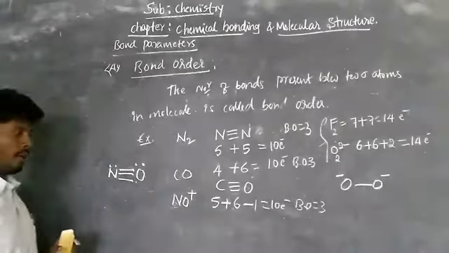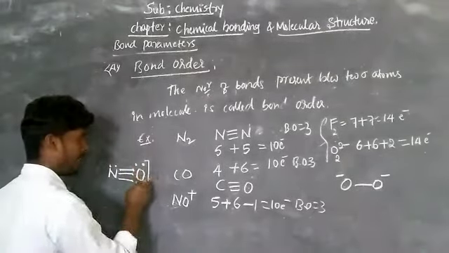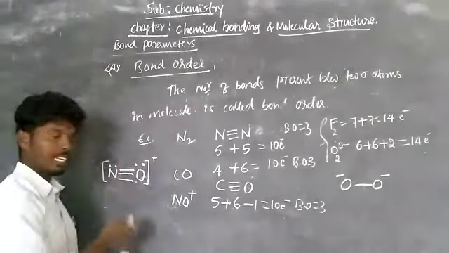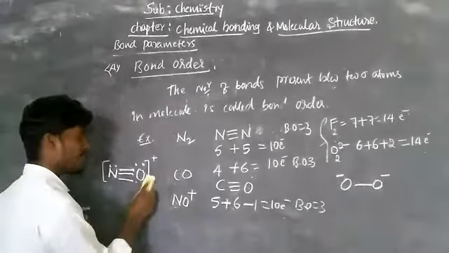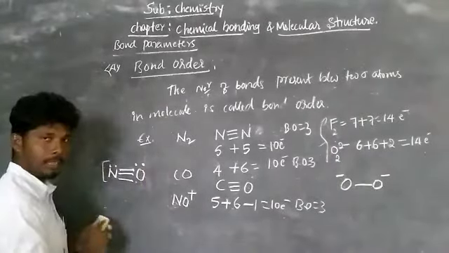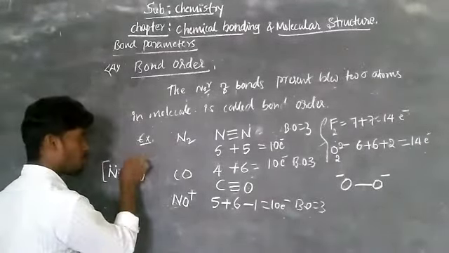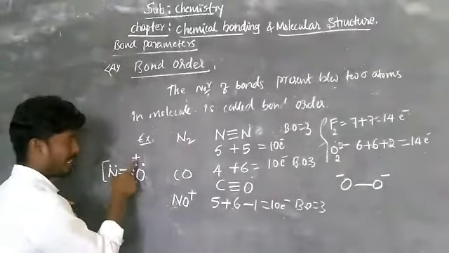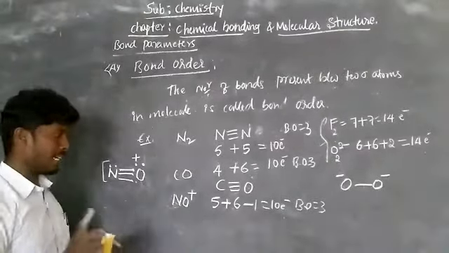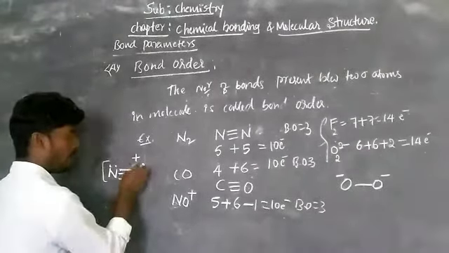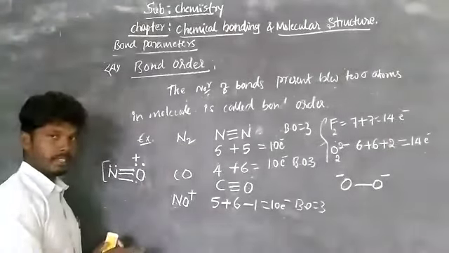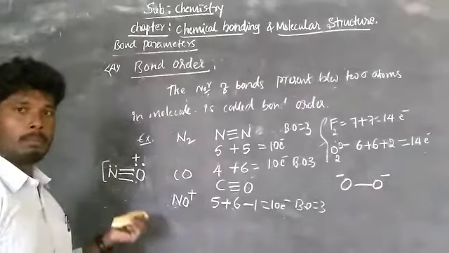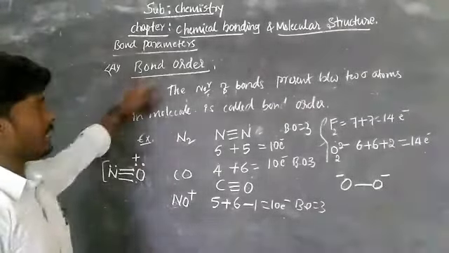Okay, NO plus. Now it carries positive charge, that can be written like that. The charge is present either on nitrogen or oxygen, but here the charge is present only on oxygen because the valency of oxygen is 2 only, but here there is 3 bonds, so that it carries positive charge. It means it loses 1 electron because 1, 2, 3, 4, 5 only there out of 6. Okay, this is the concept of isoelectronic species and bond order. Here the bond parameters is completed.